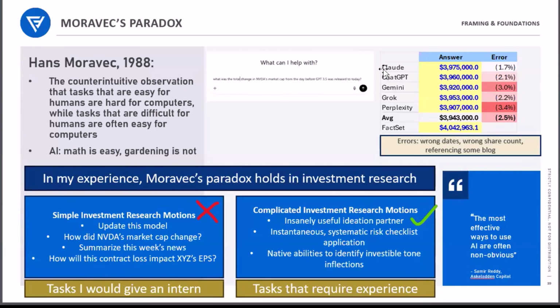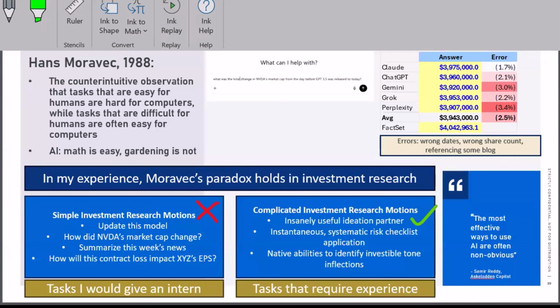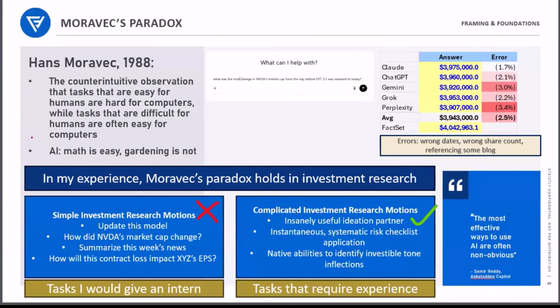Things like math are easier for computers. Things like gardening, going out and pulling flowers, are obviously incredibly difficult for computers. And so I've been thinking a lot about this in the investment research context, and I think Moravec's paradox holds true. People talk about, hey, these tools are like an intern in your pocket, and I actually think that's inaccurate. The simple investment research motions that I would give an intern, things like update this model, or simple question,